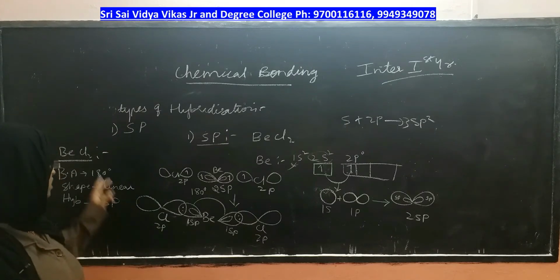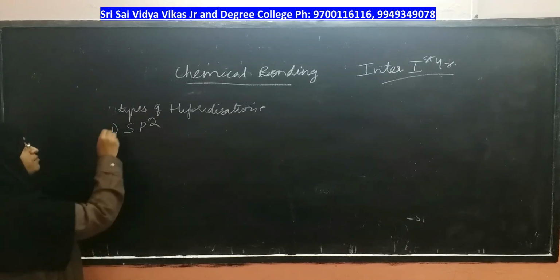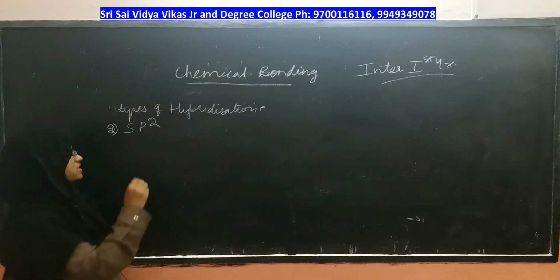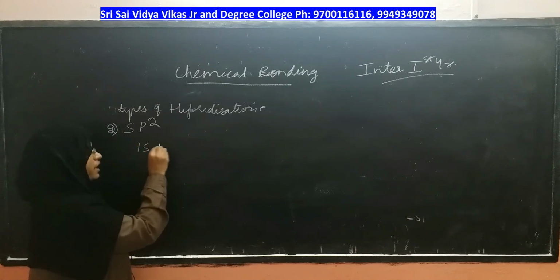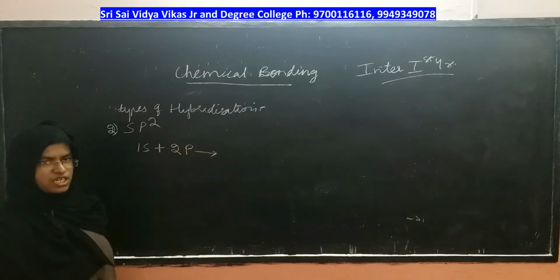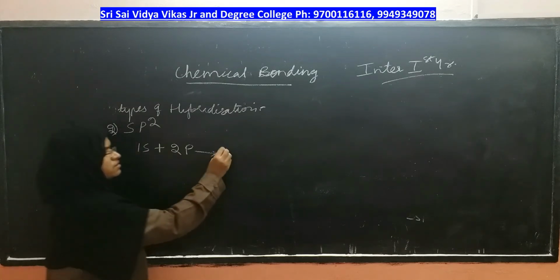Okay. Now if this is clear, please copy, and now let us go towards the next hybridization. The next type of hybridization is sp2 hybridization, in which one s orbital and 2 p orbitals intermix with each other. How many are intermixing? 2p plus 1, total 3